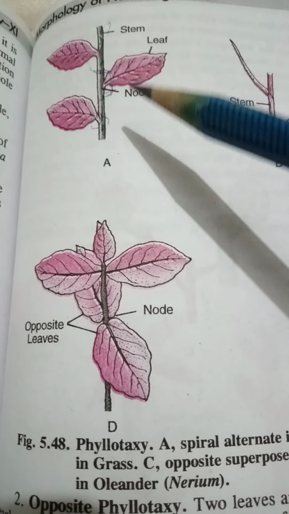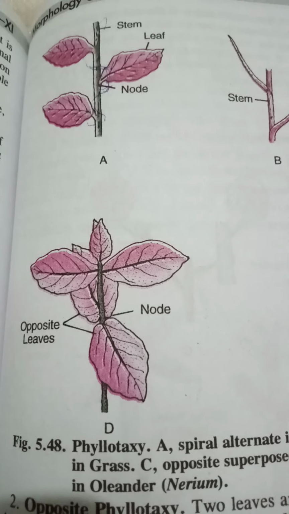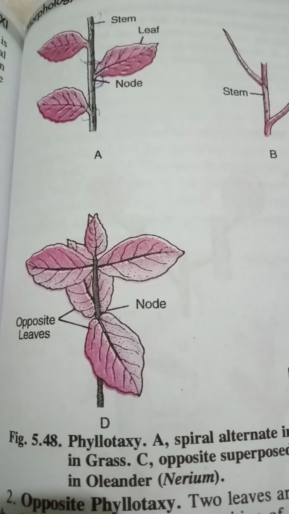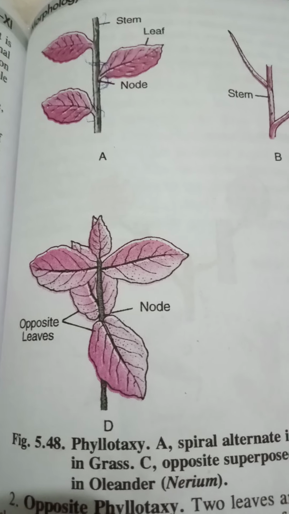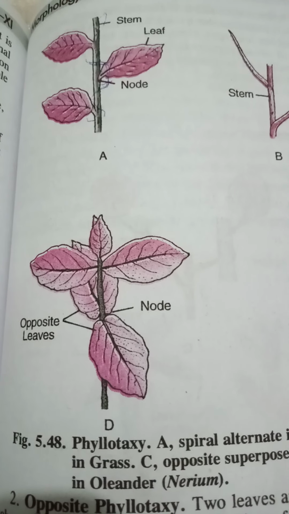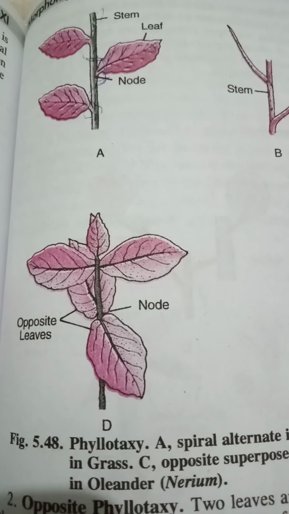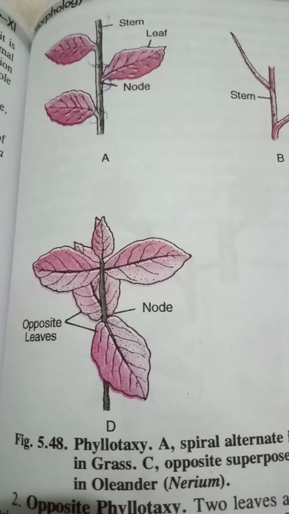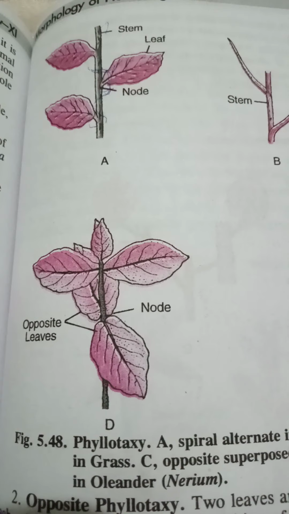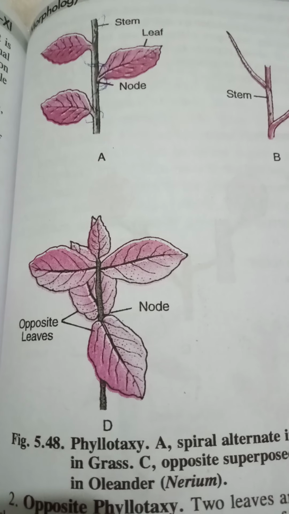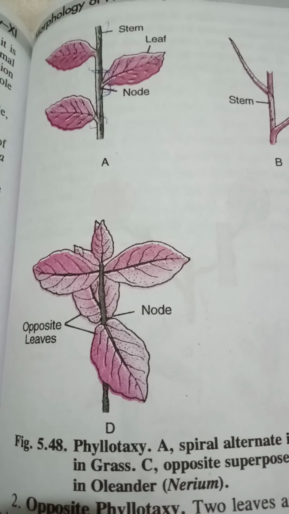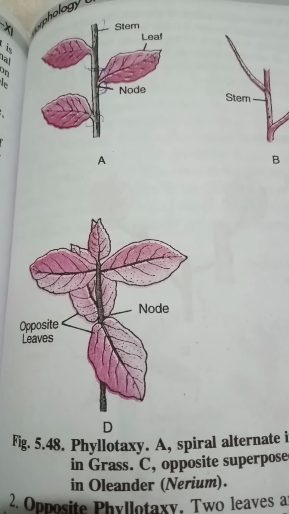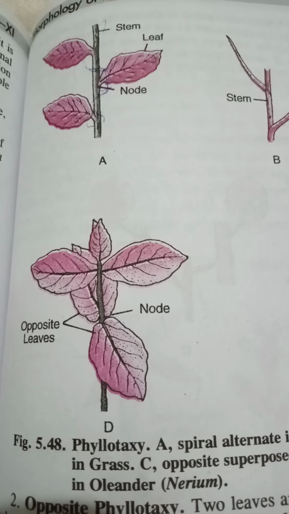take. Okay, so first of all, phyllotaxy means the pattern of arrangement of leaves on the stem. Now if you see your surroundings, definitely you will see that none of the plants are having similar types of leaves, nor are they having similar types of arrangement, isn't it? So the particular type of arrangement pattern is known as the phyllotaxy. Okay, so basically we find three different types of phyllotaxy. One is called the alternate phyllotaxy, one is the opposite phyllotaxy, and the other is the whorled phyllotaxy.